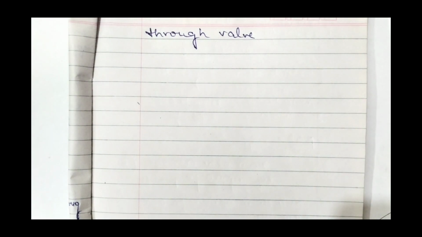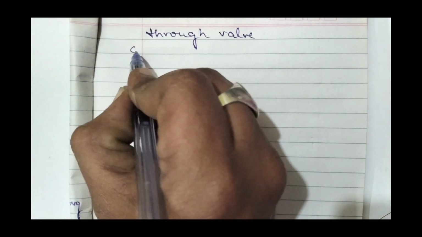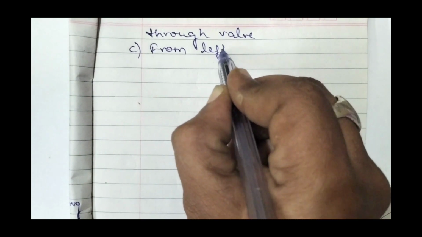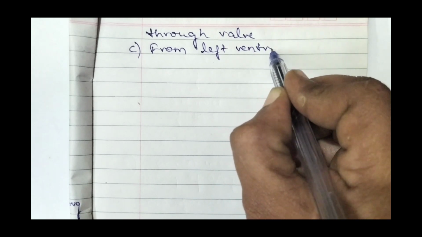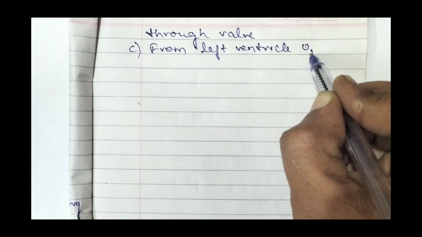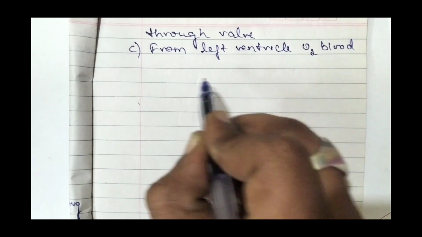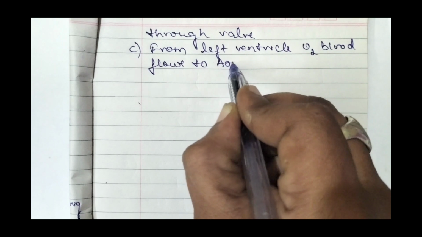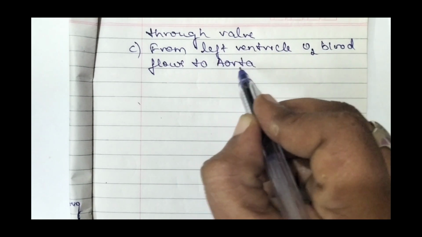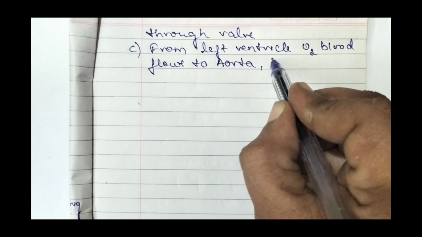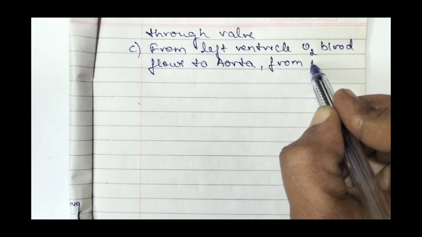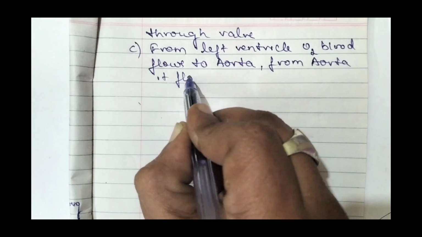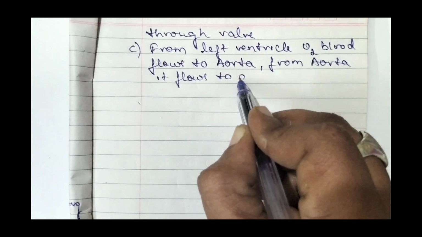So this is the second step. Next, the third step is that from the left ventricle, oxygenated blood flows to the aorta, which is the biggest artery. From the aorta it flows to all the parts of the body,